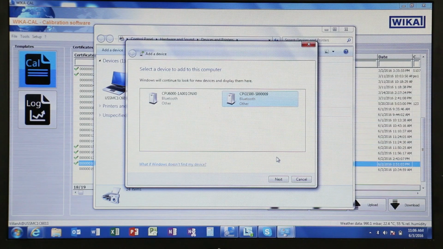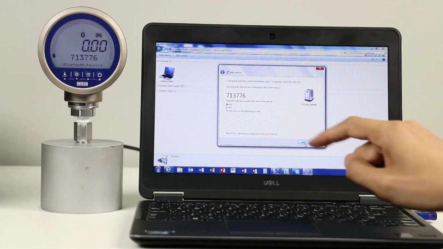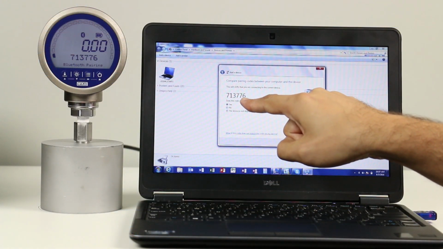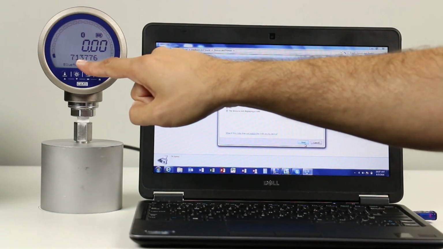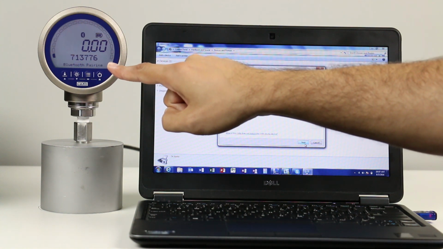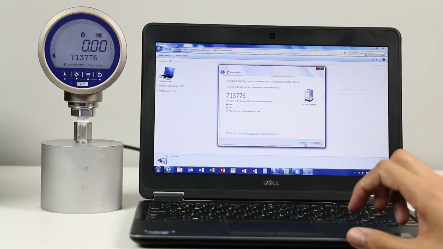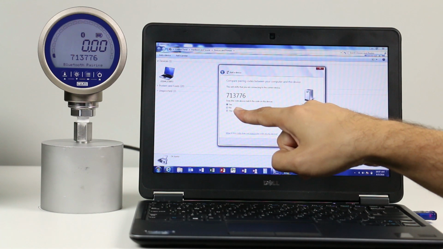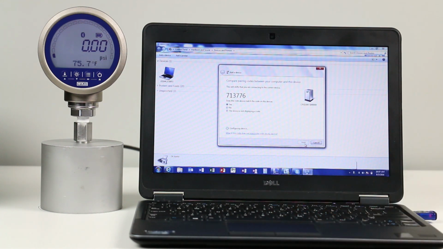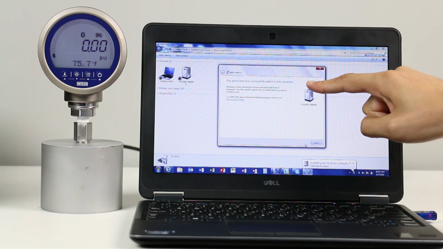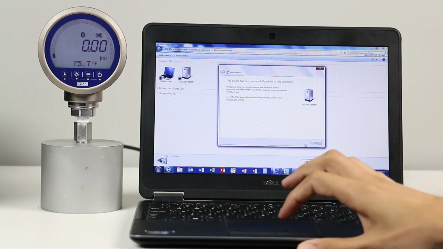When you connect the device, a pairing number will appear on both the CPG 1500 and laptop. If it matches, you will confirm by pressing Next. After that, a confirmation window will appear, and the gauge will be added to devices.